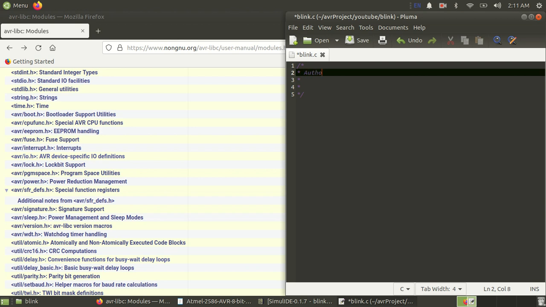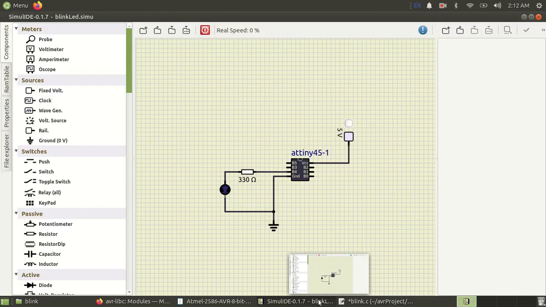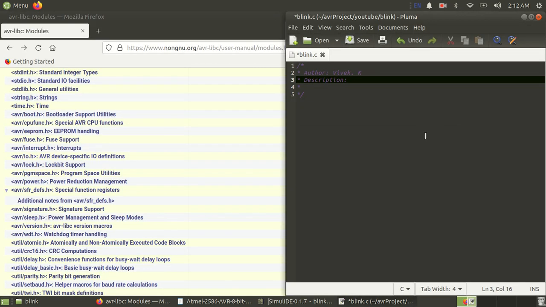Okay, so author, that's my name, and then description. So description is I have connected an LED to PB4, so I want to turn on and turn off this LED. Okay, so turn on and turn off an LED connected to PB4,